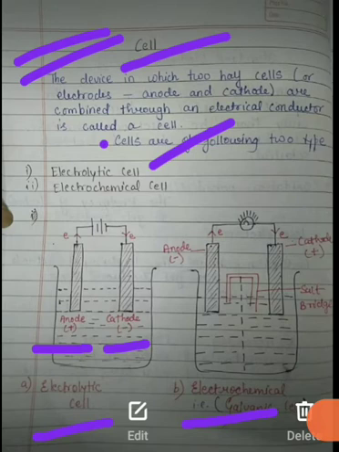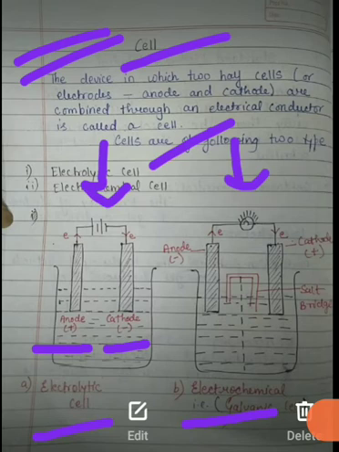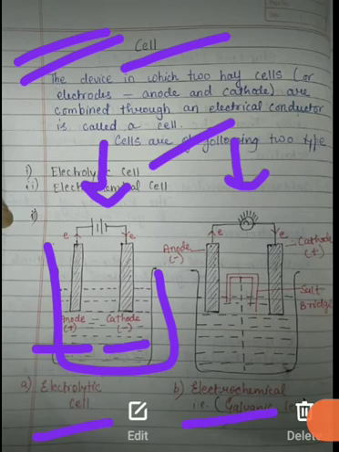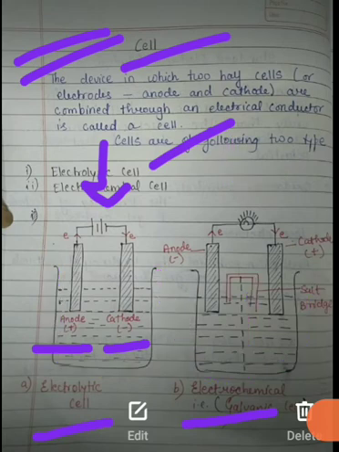Here you are seeing that electric current is passed, and here any electrical conductor is kept, that may be a bulb, which will glow and show that chemical energy is converting into electrical energy. Then you see that in the electrolytic cell the two electrodes are not kept in separate media, they are kept in the same medium. But in the galvanic cell, they are kept in two compartments. And the last difference: there is a salt bridge in the galvanic cell, and there is no need for a salt bridge in the electrolytic cell.